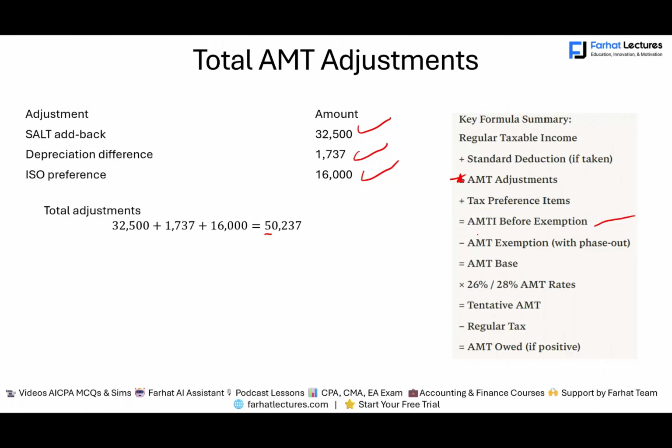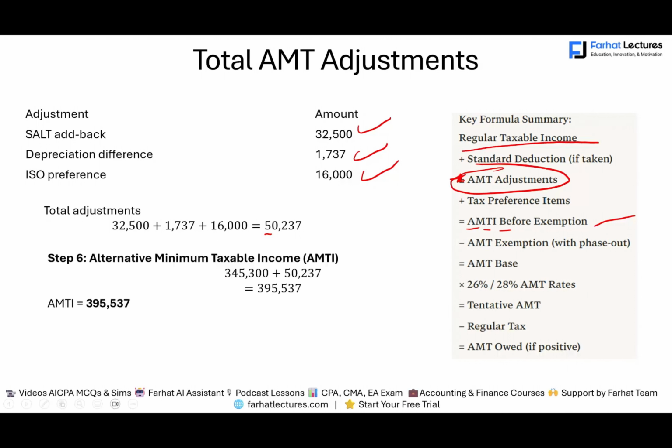So at this point, we could compute AMTI. What's AMTI? It's regular taxable income plus all the adjustments. So if we take regular taxable income, we started at 345,300, add the adjustments, we come up to 395,537. So we are up to this point, 395,537. Now, what's right here on this line, AMTI before exemption,